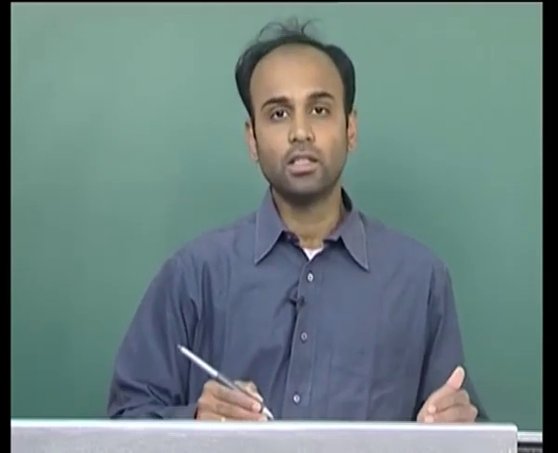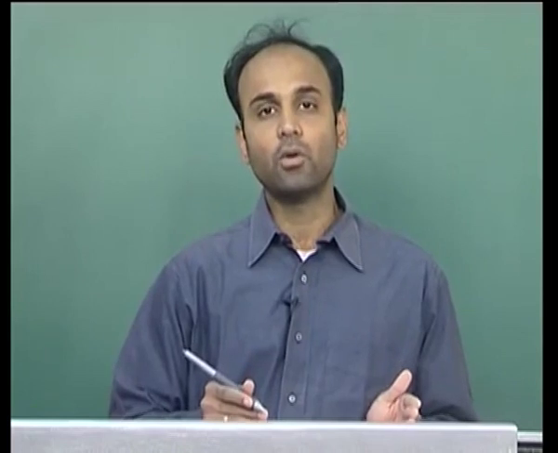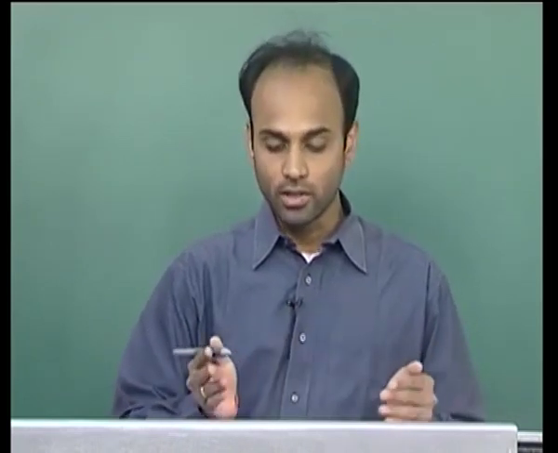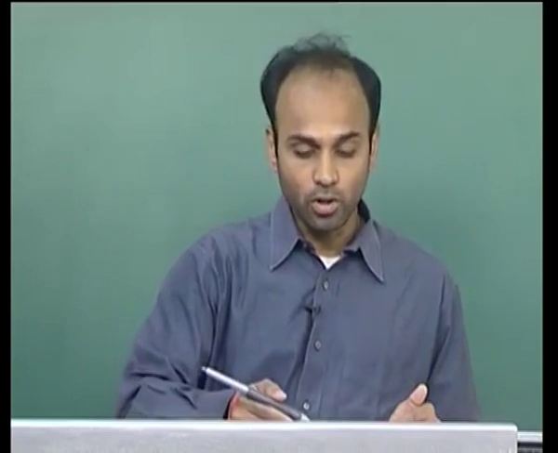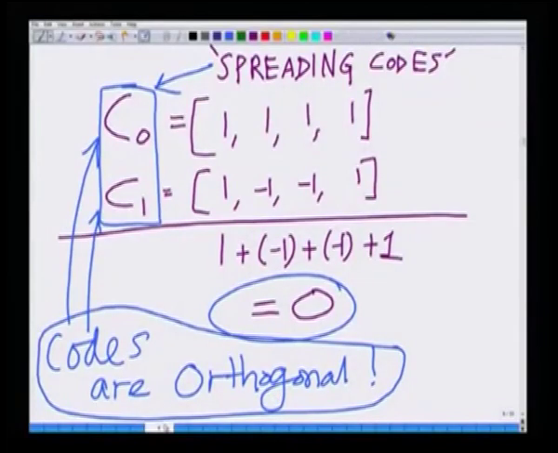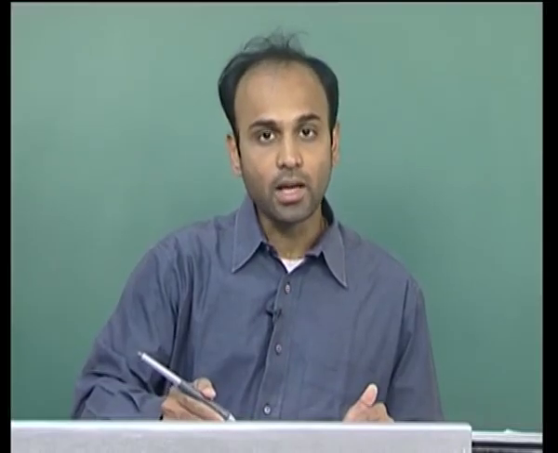Last lecture we looked at the fundamentals of how CDMA decouples or distinguishes the received signals of different users on the common air interface using different codes. We said that is possible through the use of orthogonal codes. For instance, I have here two codes C0, C1 which are orthogonal, that is their dot product or inner product is 0, and hence using such orthogonal codes CDMA can multiplex or enable multiple access of different users on the